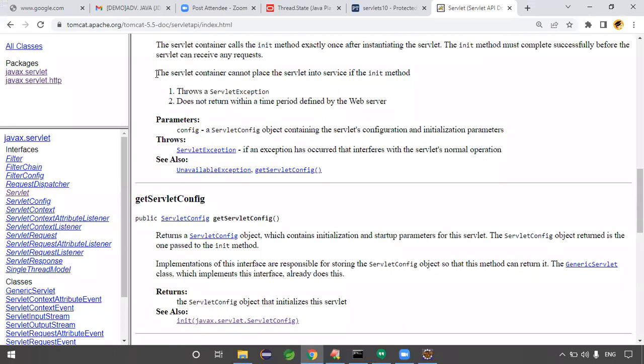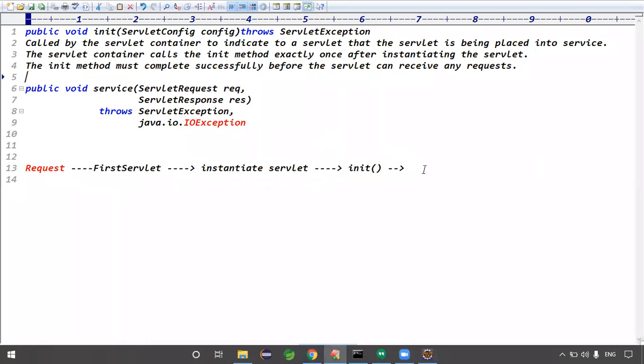Here, the Servlet container cannot place the Servlet into service if the init method is throwing an exception. If the init method throws any exception and does not complete, it doesn't call the service method, guys. When you send the request to a particular Servlet, first Servlet instantiation will happen. After instantiation, the init method gets executed. Once the init method completes successfully,